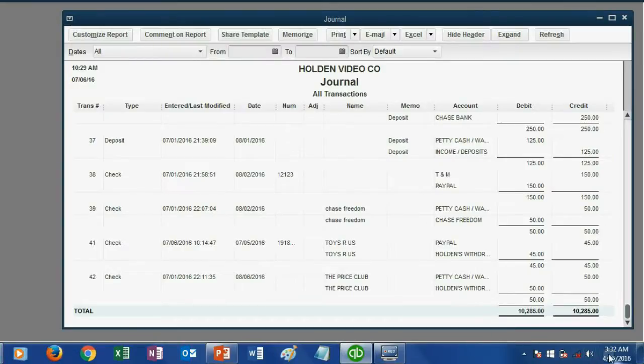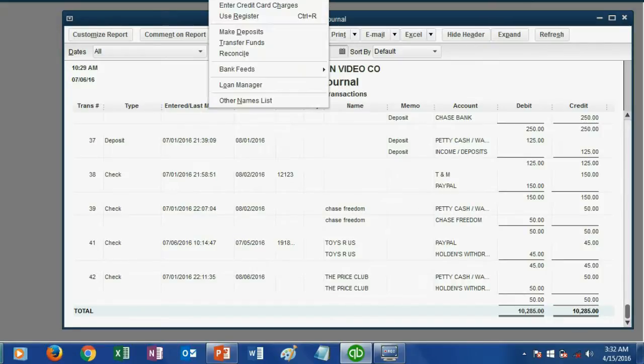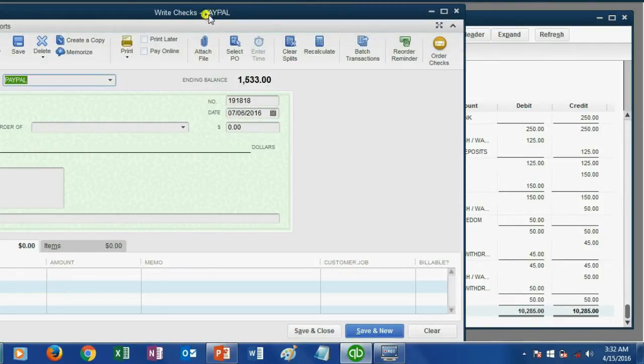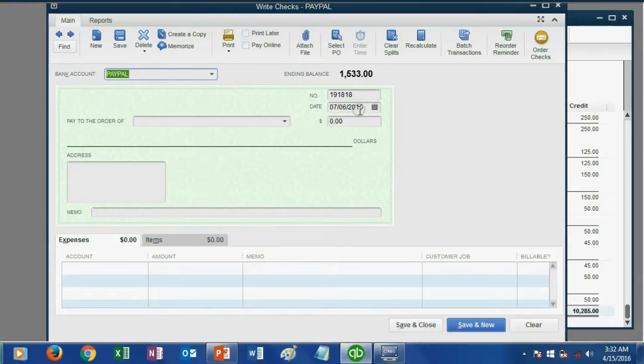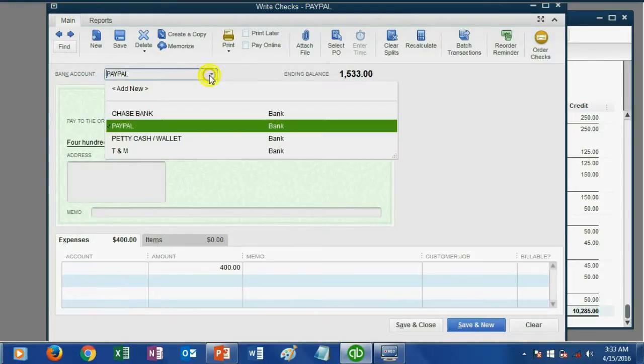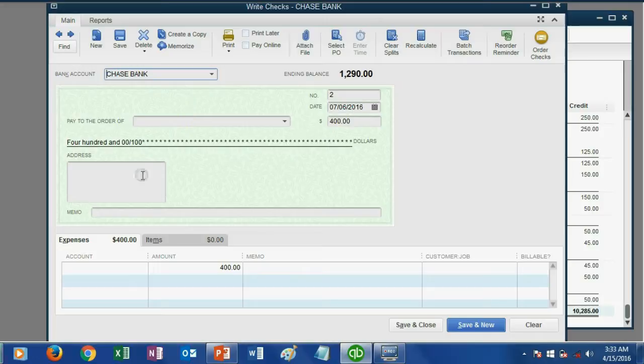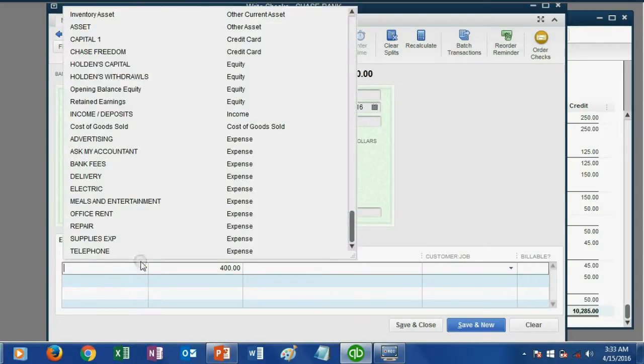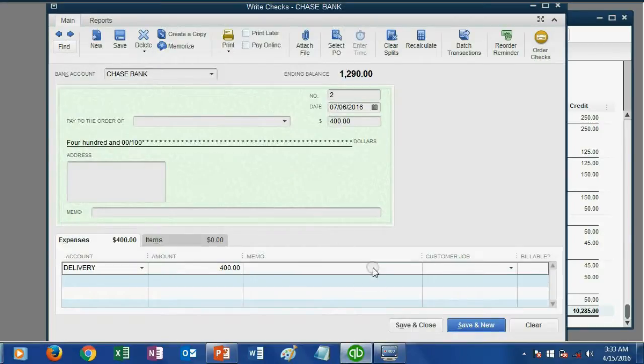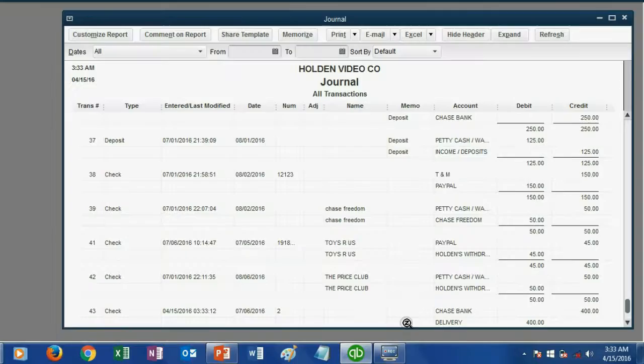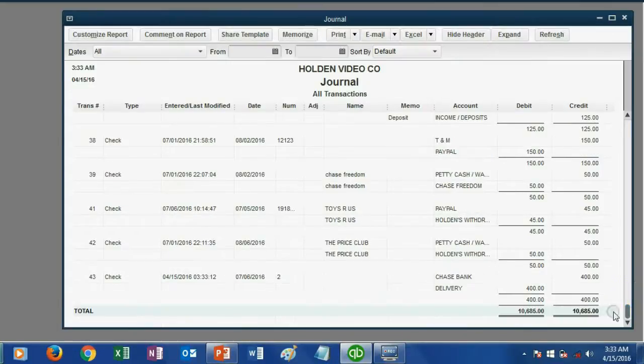Now you can see my Windows clock says April 15th at 3:30. Now I'm going to enter another check. Banking, write a check, and I'm going to put the proper date, July 6th, and I'm going to put the money amount of $400. I'm going to pay it from the Chase Bank account. You know, these are all typical things, and we're going to make it for delivery or something. So when we click Save and Close and scroll to the bottom, notice